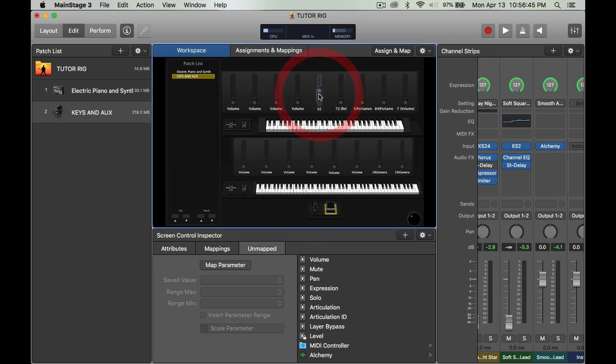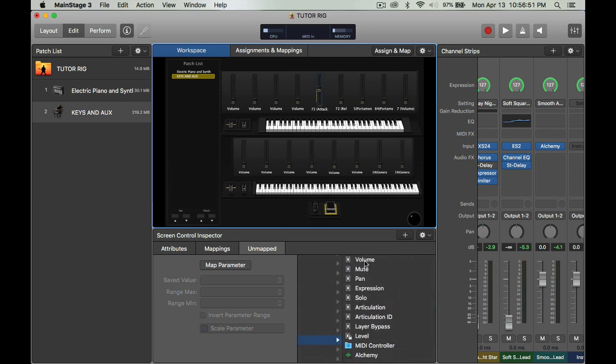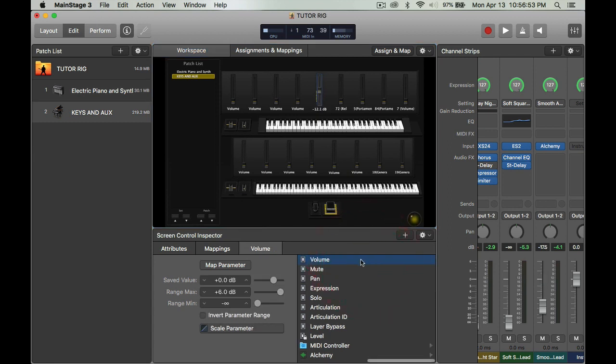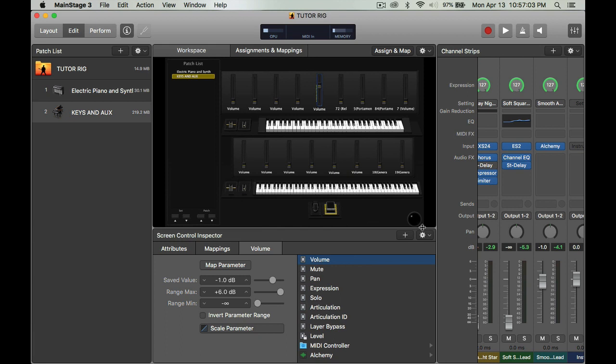So I'm going to go to the fifth fader here. I have it on smooth analog lead, and then I'm going to go to volume, right? So make sure that works. All right, so that works properly. Do a quick save. And then I'm going to add